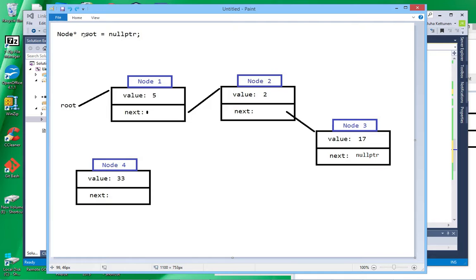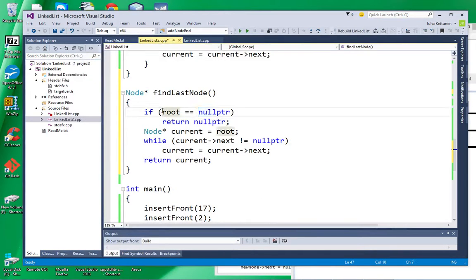That's the only situation when the root is nil. So if the root is empty, meaning there are no items, we just return nil pointer so that the caller knows that the list is empty and they can act accordingly. Okay, if the list is not nil, meaning that there is at least one element,